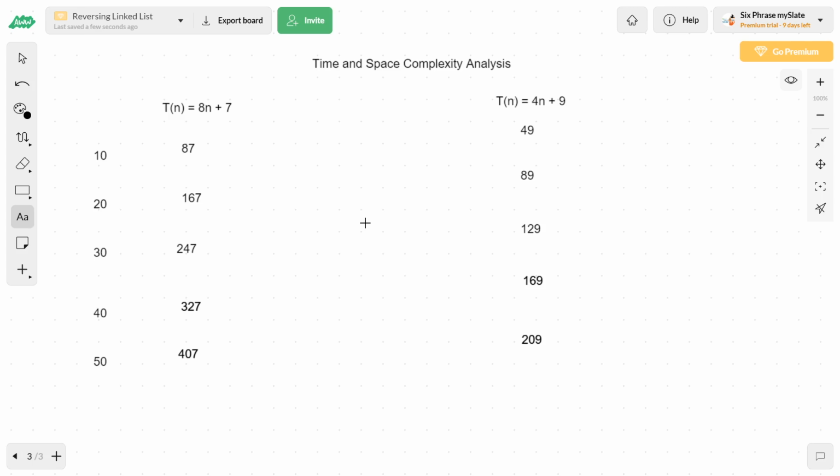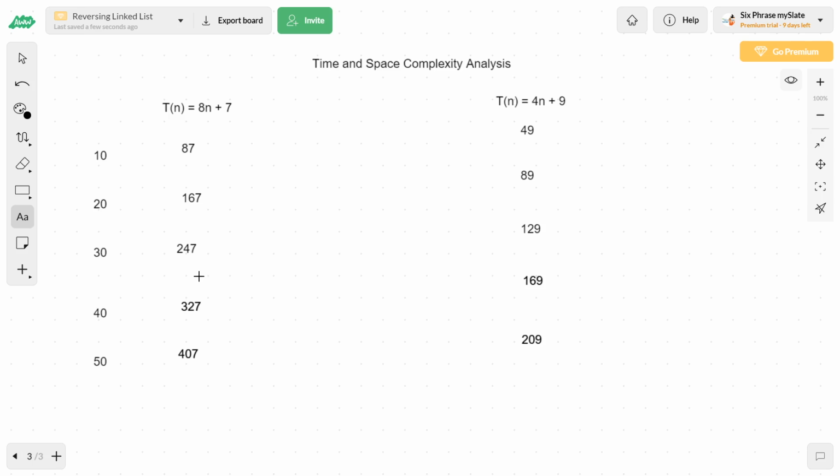Because in the first method we were doing two iterations. First iteration for copying all the elements from the linked list to the array. Second iteration for reverse copying elements from the array back to the linked list. Two times I was doing a complete traversal of the linked list. But in the second method, only one time we are traversing and doing the reversal process. So even though both are linear, can you find the linearity?